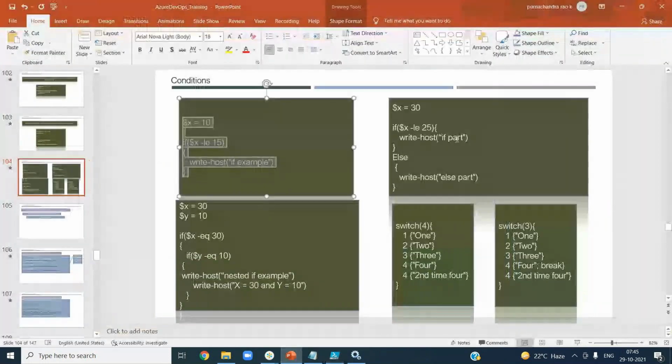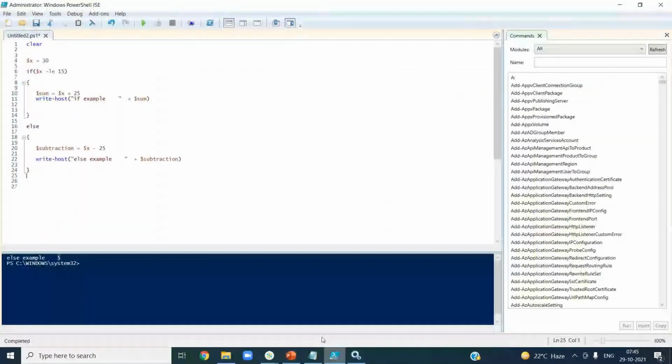Okay, you have the if condition and then the if else condition, and then we can have the nested if as well. Nested if means you might have some complex logic. Once you're done with the if condition, you write some logic, and inside that, based on this data, you want to do some more conditions as well.